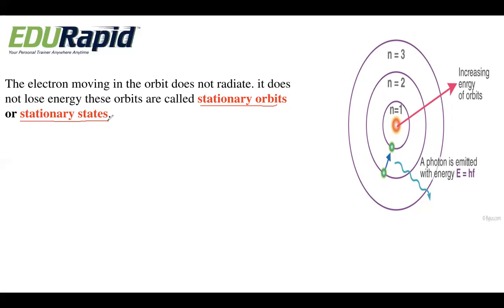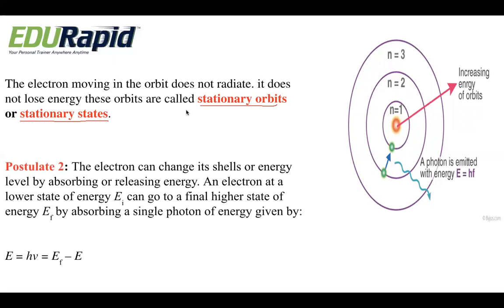Since they do not radiate or lose energy, we can say that our atom is stable. So one of the limitations of Rutherford, that is the instability of the atom, was overcome by Bohr's atomic model. We can say the atom is stable since the electrons revolve in stationary orbits. So the first important postulate has overcome 2 limitations of Rutherford.